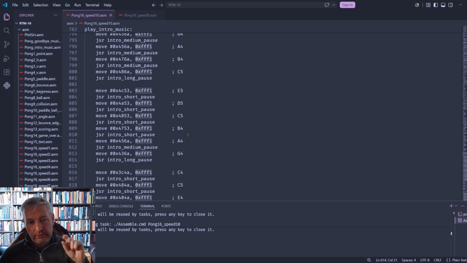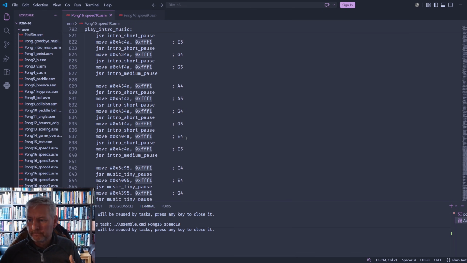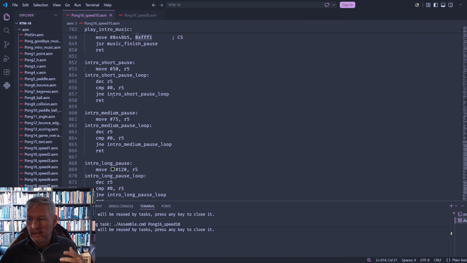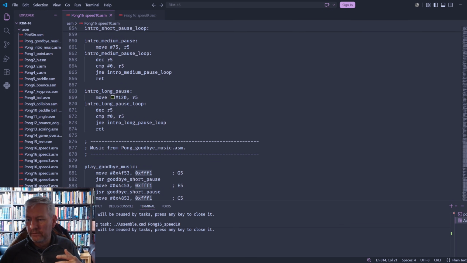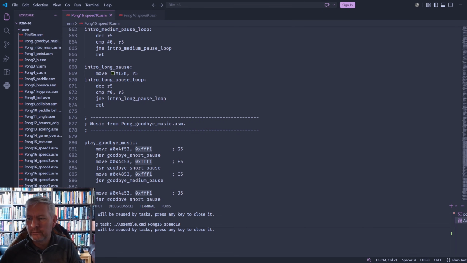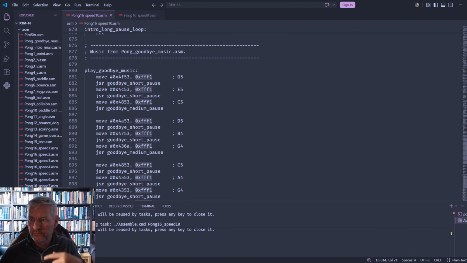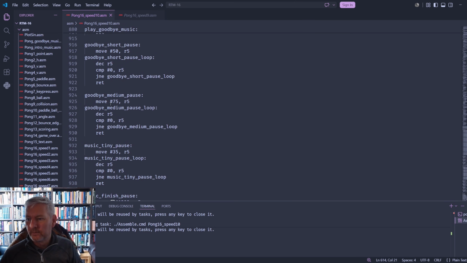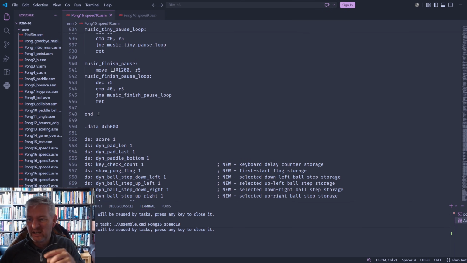But I can generate all of this detail. I can tell you how to generate all of the sounds. I'll get that in a different video. But that's the intro. And we've also got the playing the goodbye for the music there as well. So all of this stuff here is all just for the music. Again, that's all just for the music, and that's the end of the program. So it's a bit of a rough description of the program, but I've talked through it so often previously, you should be able to get a kind of indication of